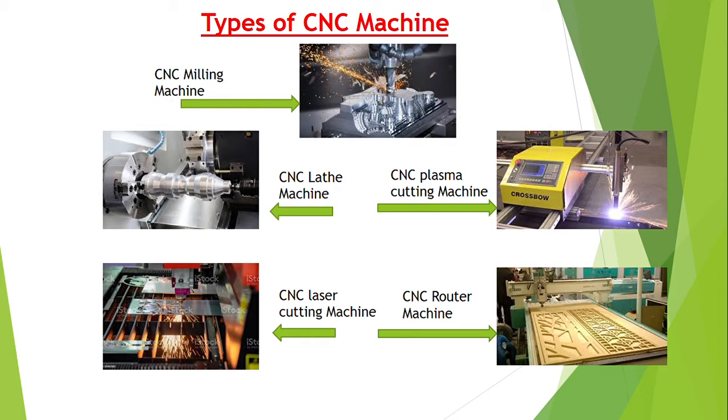The fifth one is the CNC laser cutting machine. CNC laser cutters operate quite like CNC plasma cutters, but a laser is used to cut wood, plastic, or metal. Laser can also be used to cut plastic. CNC laser cutters follow the same principle as plasma cutters, except they use a powerful laser to do the cutting. A laser cutter needs a different strength of laser suited for the material, depending on its hardness and thickness.